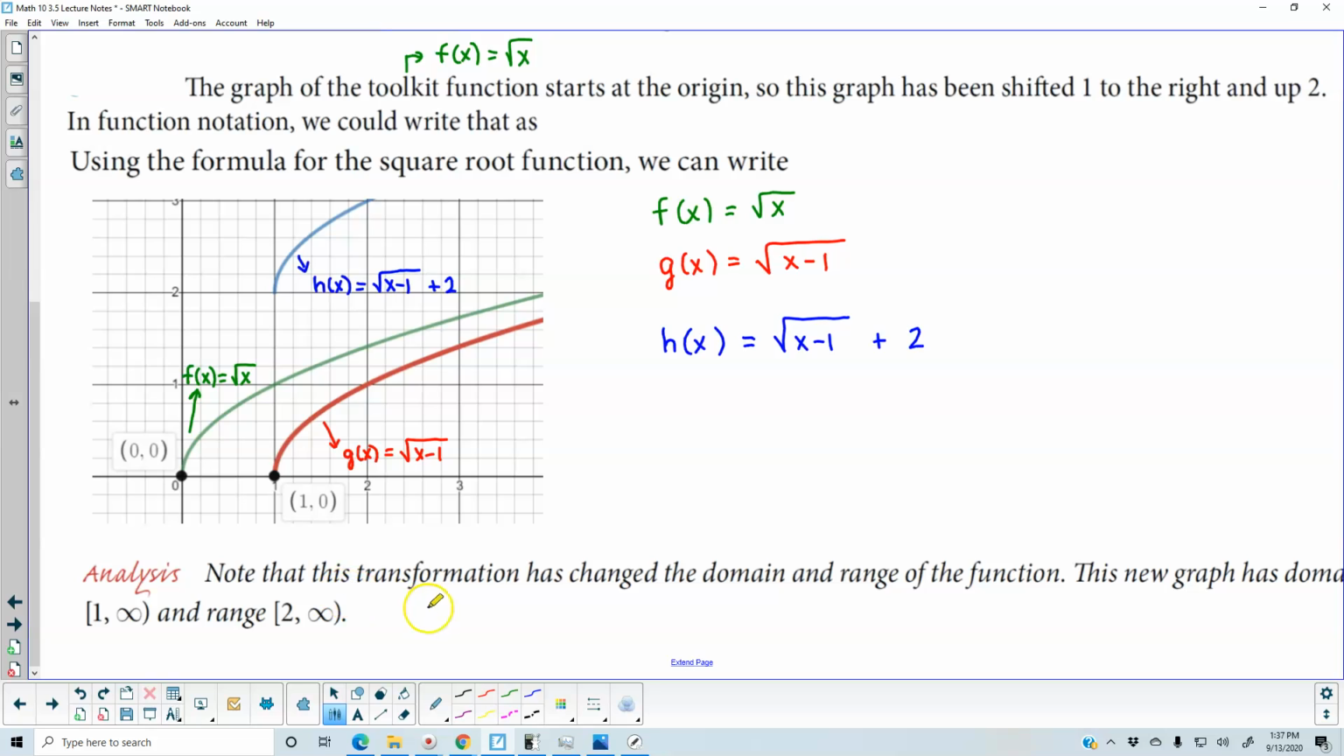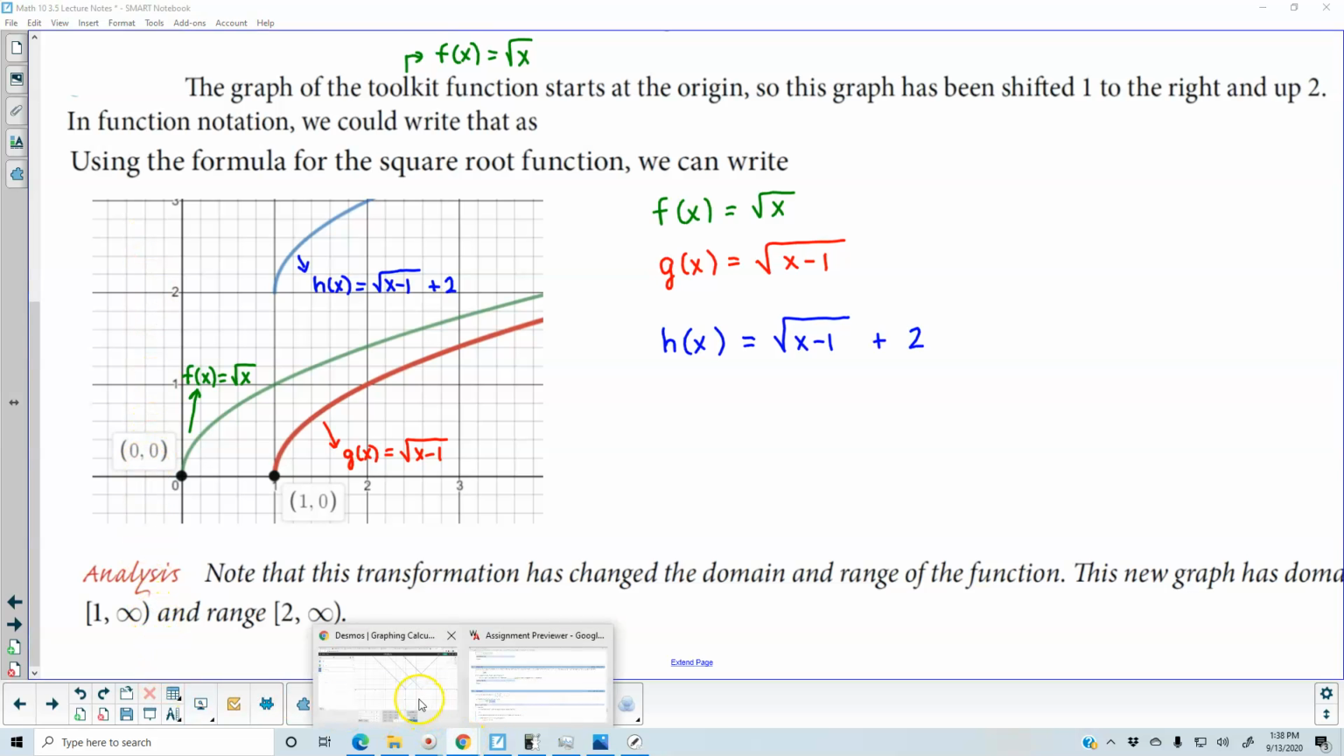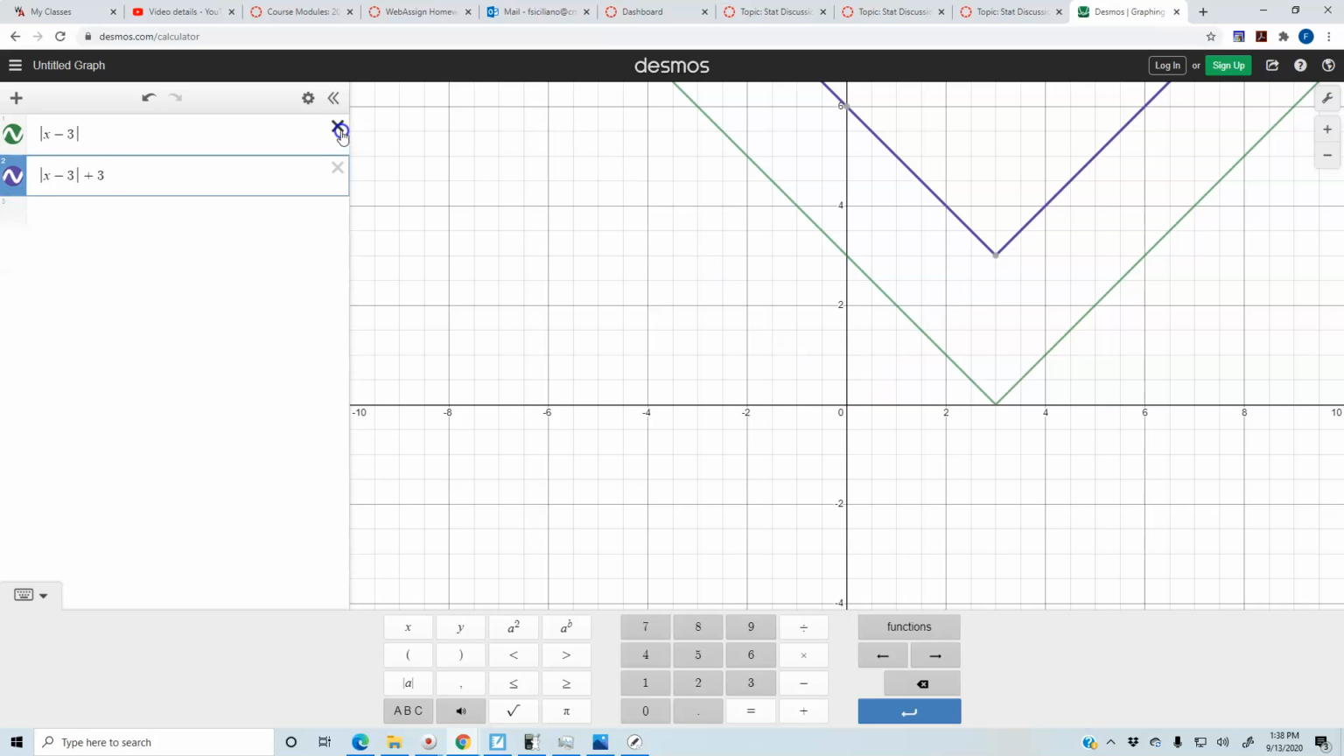Now note that this transformation has changed the domain and range of the function. So this new graph has a domain of 1, including 1, to infinity, and the range starts at 2 and goes to infinity. And again, if we want to take a look at this as a graph on